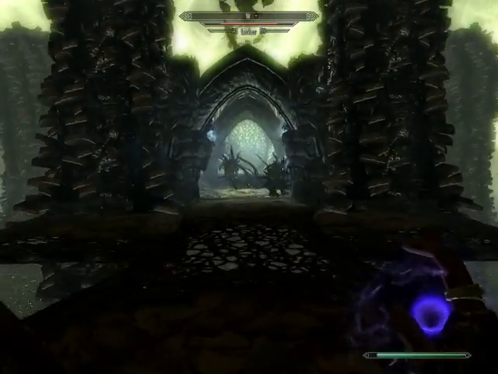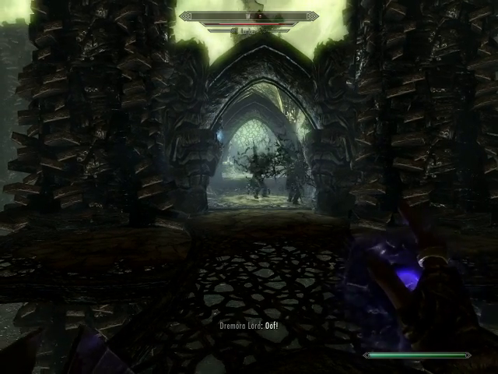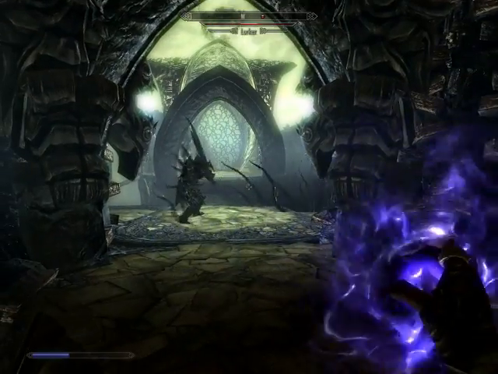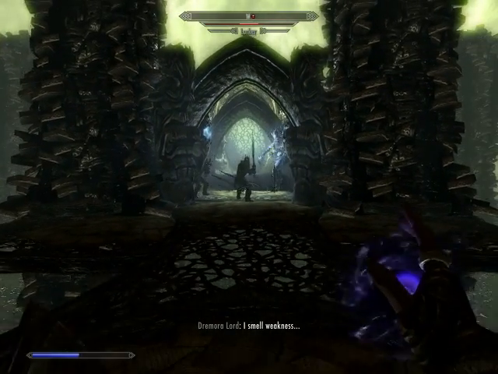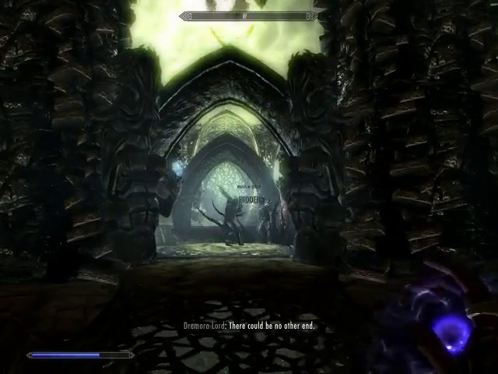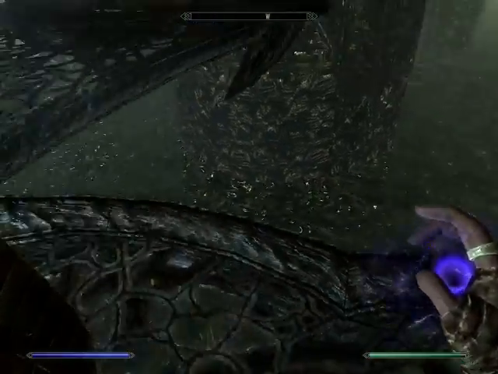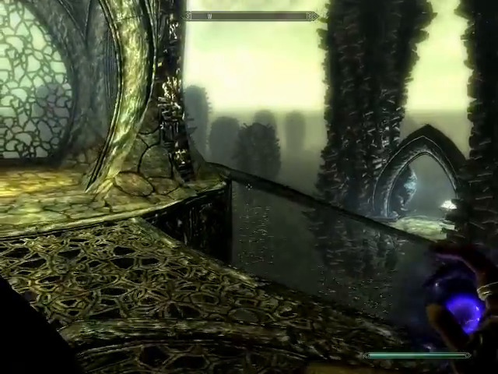Ooh, that is not pretty. Yeah, whatever that is, I would prefer to fight it in a way where I get to keep my distance, because what it's doing to my Dremora looks pretty nasty. Okay, but they took care of it. Good. Unfortunately, I think they knocked it off into the water, which I would rather they not do, but...